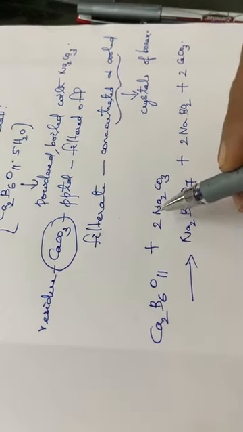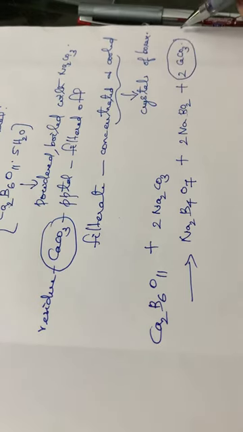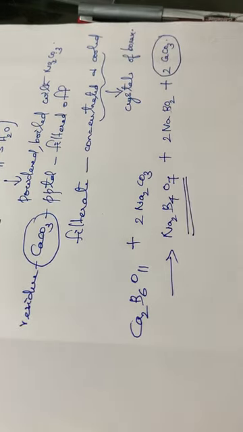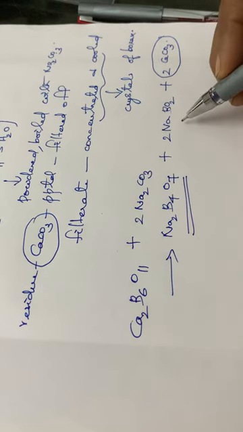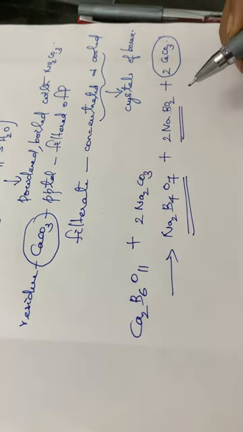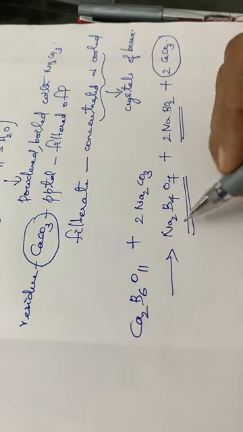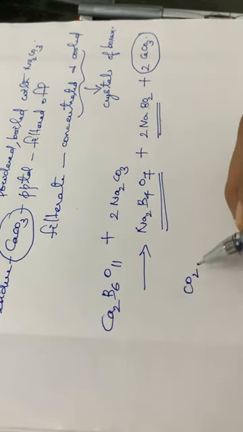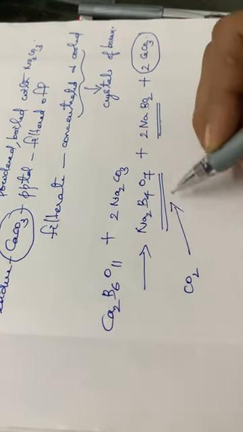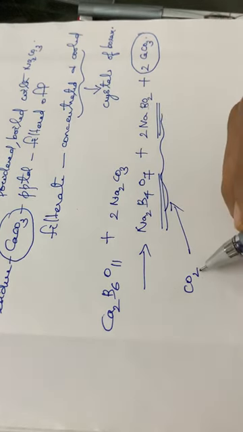Reacting with sodium carbonate, we get a precipitate of calcium carbonate, which is removed by filtration. The remaining will be borax. The borax crystals are separated by filtration. But sodium metaborate is also there in the solution, so we have to separate the sodium metaborate from the borax. For that, we pass a current of carbon dioxide gas through this filtrate.